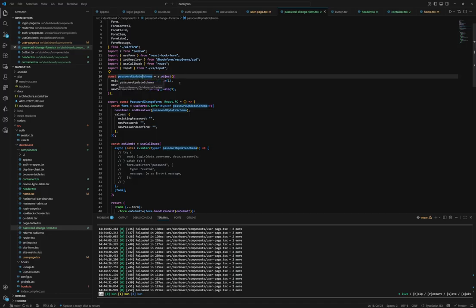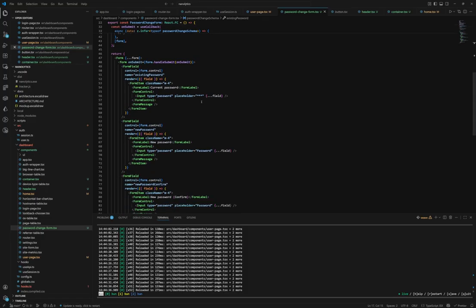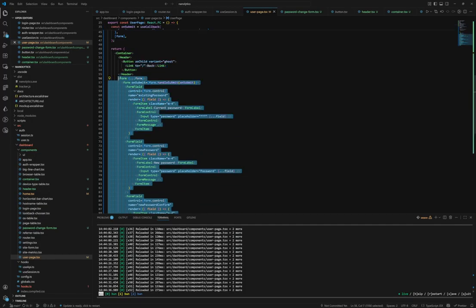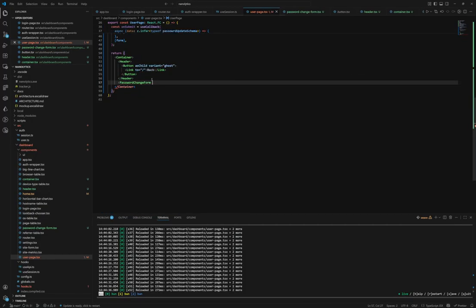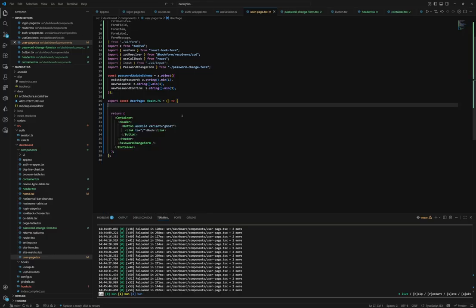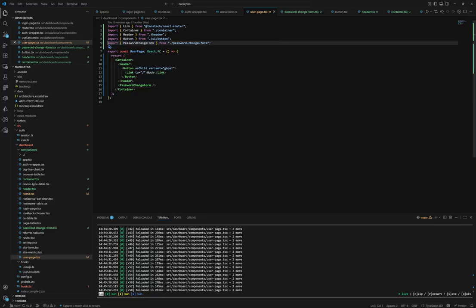And I guess I would call this password change schema. And I guess, well, whatever. Okay. And then in the user page, we would just load up that form. Password change form. That way, I feel like we're going to end up potentially with multiple forms in this page. And this way it kind of keeps them nice and separate. And we don't have to worry about having multiple use form hook calls in the same component or anything like that. Okay, so, and then the other thing is we could put in like a little heading here, like